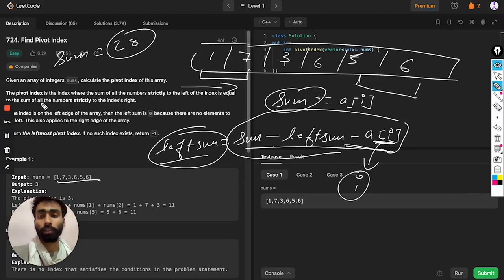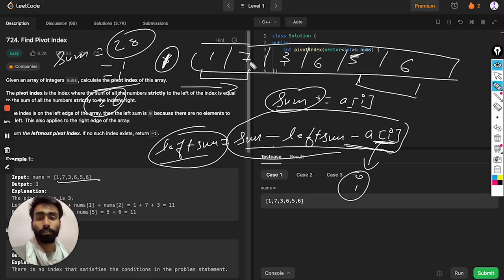So we'll now start subtracting each element and keeping the left sum. We first subtract 1, so it becomes 27, which is not equal to the left sum of 1. Again we subtract 1 plus 7, that is 8, and minus 7, so 8 and 7 becomes 15.